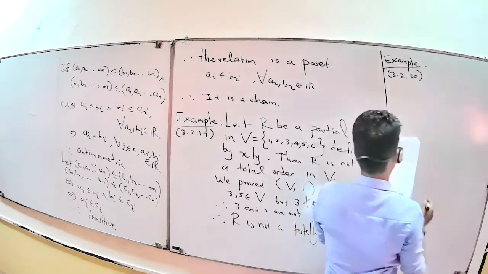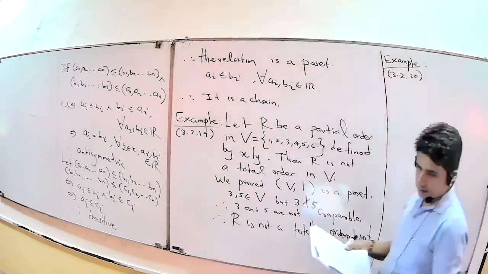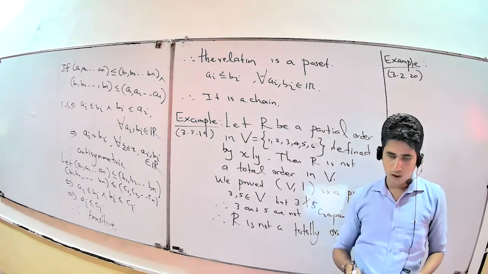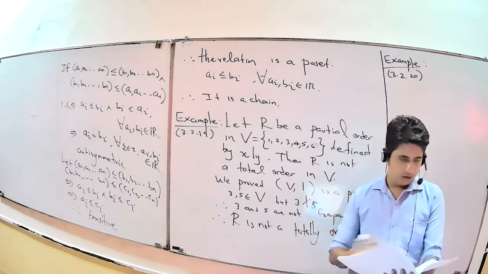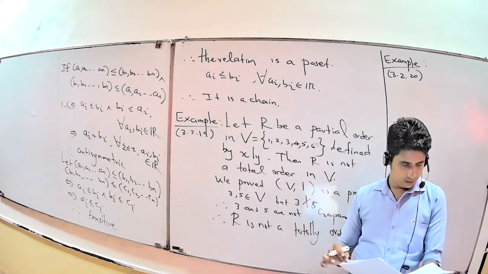Let A, B be totally ordered sets. You know the Cartesian product. This Cartesian product is also a totally ordered set. It has another name. They mention another name for that one, and it is also a totally ordered set. That theorem I want to prove: A cross B is also a totally ordered set,